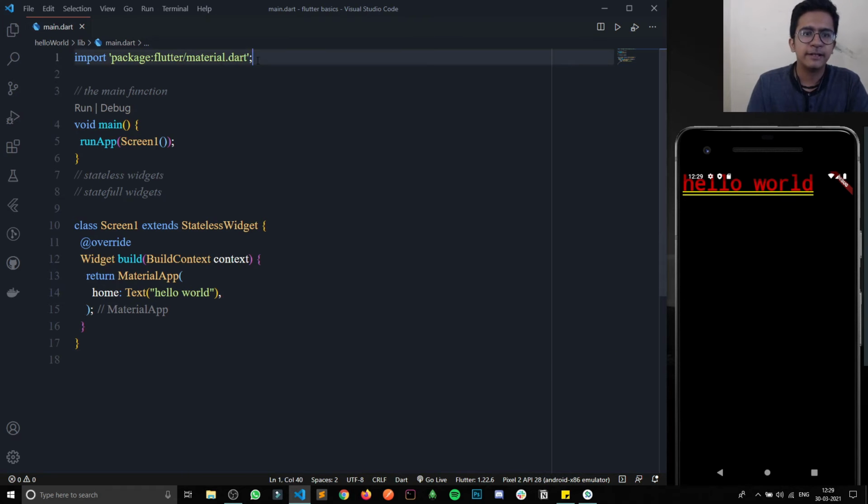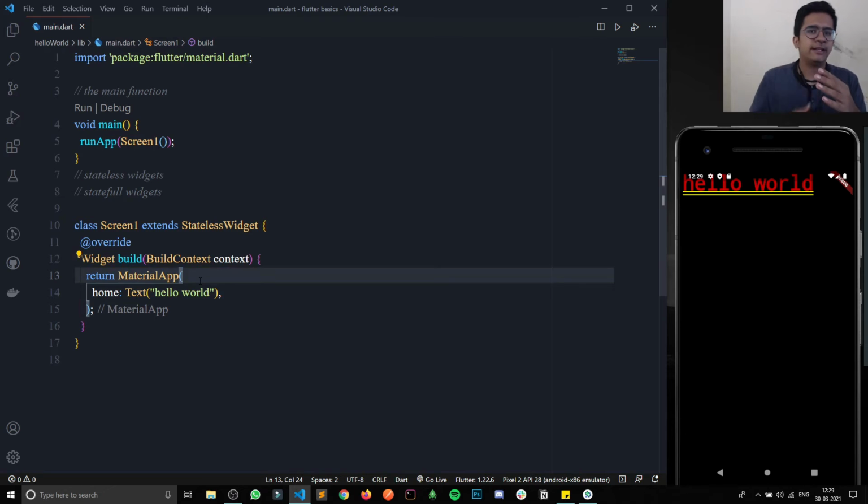That is Material. To run anything we have to wrap everything inside one thing, that is MaterialApp. In MaterialApp we can provide any kind of widget, styles, layouts and everything.